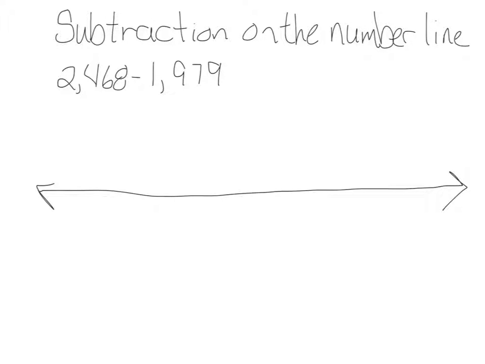Okay, Team Sissel, I am going to review with you how we use the number line for subtraction. So we've got our basic subtraction problem here: 2,468 minus 1,979. When we're setting up our number line, we're just going to draw a line, and this is something